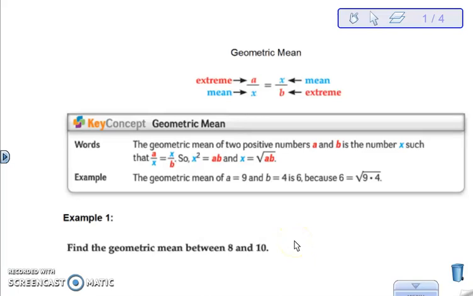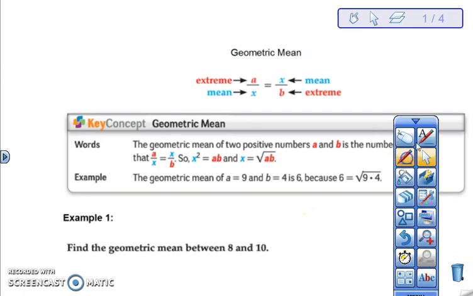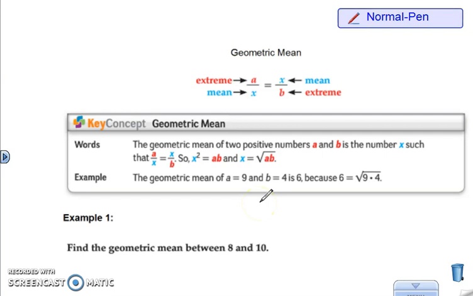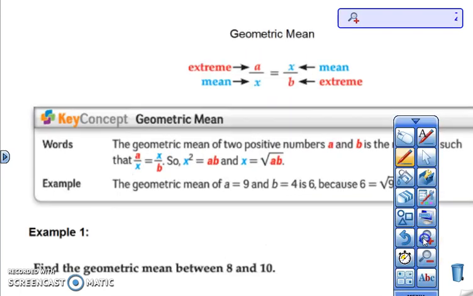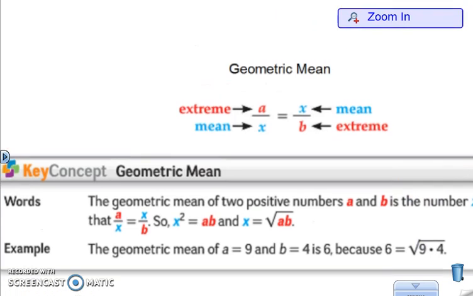Alright, so today we are talking about geometric mean. So the geometric mean is a quantity between two numbers that is similar to an average, right? Normally when we talk about the word mean, we think average. And when you want to find an average, normally you would just add the numbers up and divide by 2. Well, a geometric mean comes about whenever we have a proportion